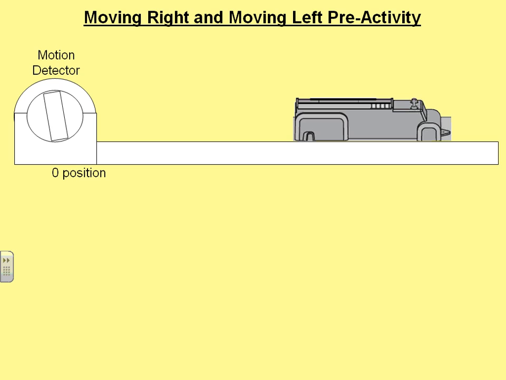What the motion detector essentially does is it makes clicks, and every click is a sound. And that sound goes out, bounces off the car, and goes back. So again, sound goes out, bounces off the car, comes back, right? Like an echo. And the motion detector can sense that sound. So it knows when it puts the sound out, and then it times how long it takes to go out